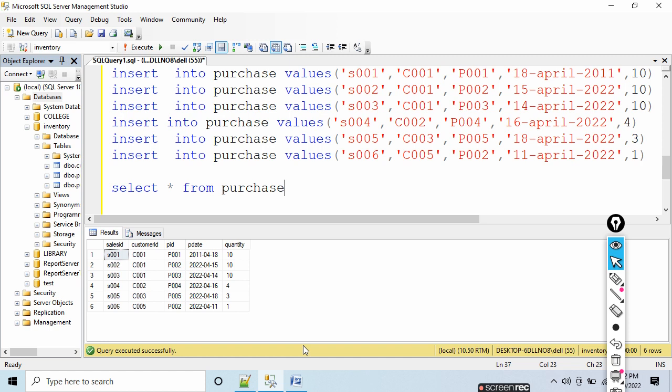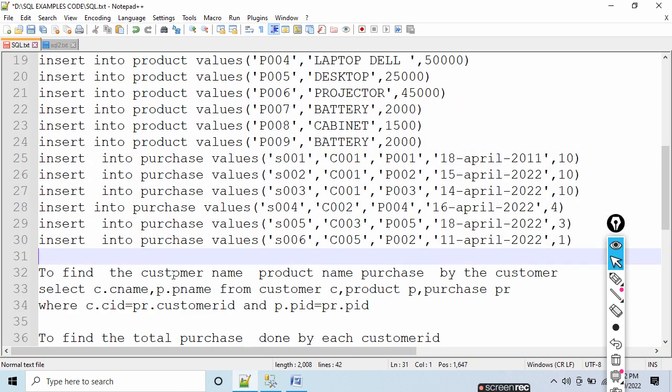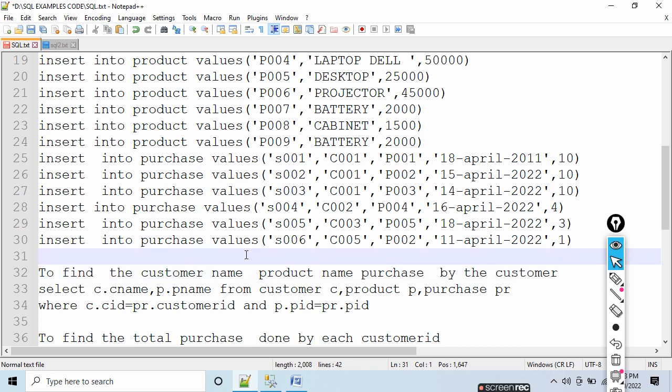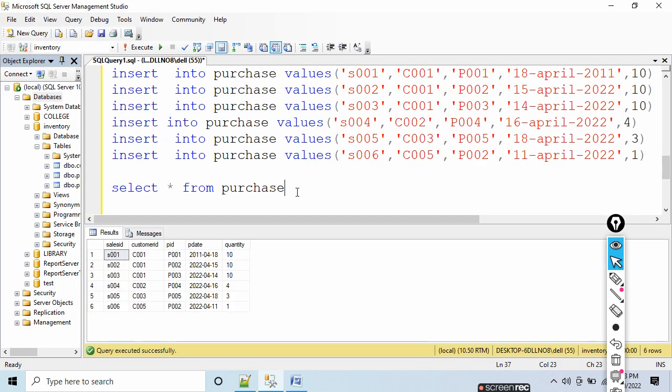So now if you want to write this query, find the customer name and the product name purchased by the customer. So we have to take all the 3 tables, the customer table, the product table and the purchase table. Customer table contains information about the customer only, product table contains information about the product, and the third table, that is the purchase table, it contains the transaction details, that which customer has purchased which product. So if you want to retrieve the name of the customer who have purchased the product, so we will write the query as